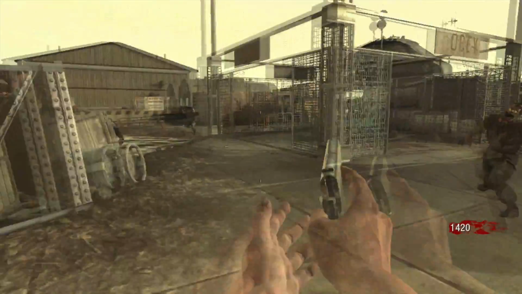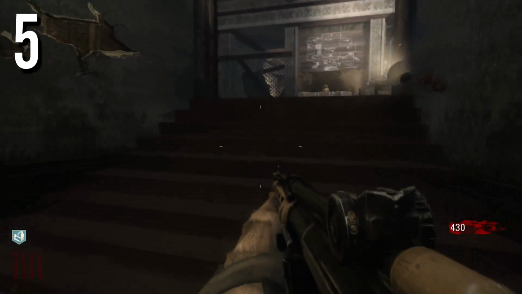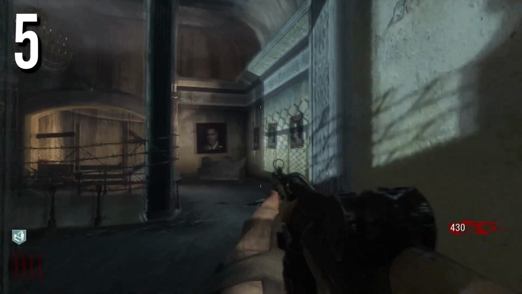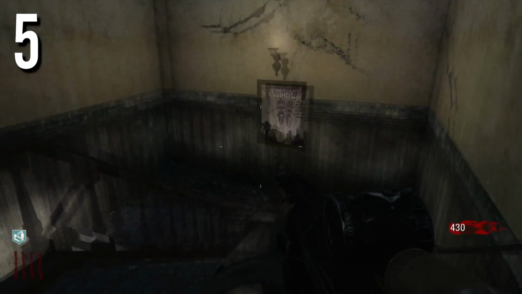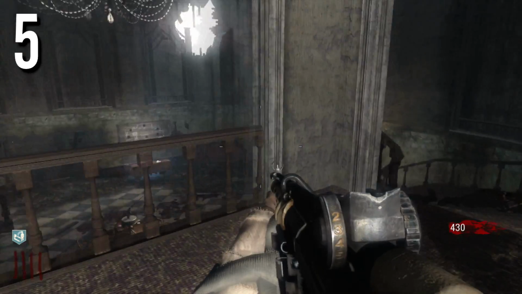So coming in at my number 5 spot, this is going to have to be Kino Der Toten. What I don't like about the power switch is that, first off, it is on the complete opposite side of the spawn room when you start off in Kino Der Toten. And also, if you want to play on Kino Der Toten with absolutely no power, there are a lot of